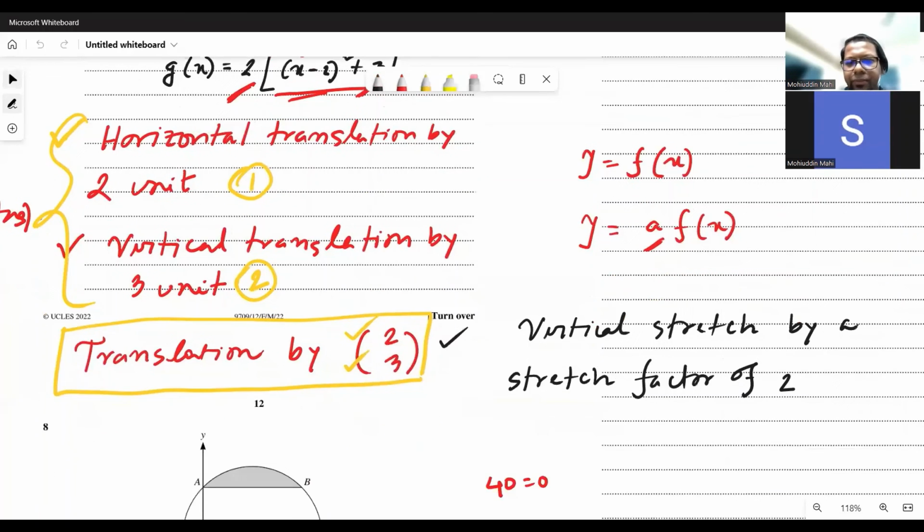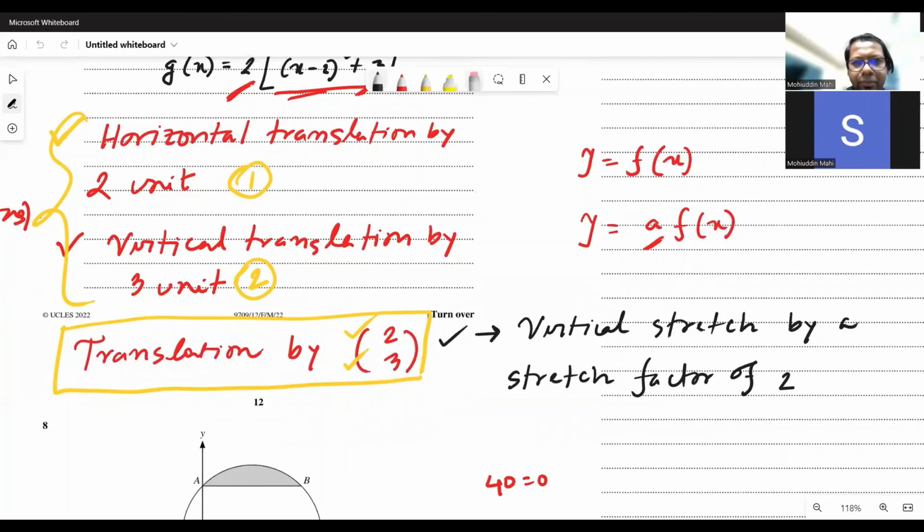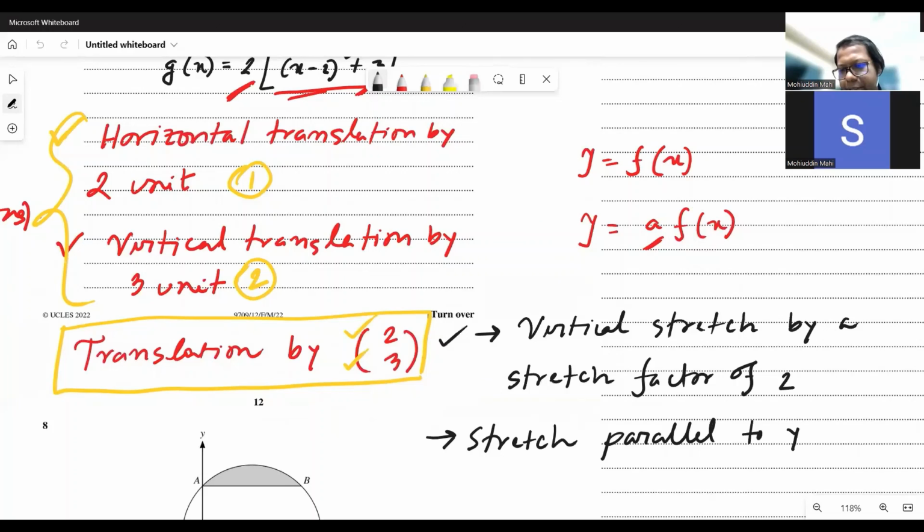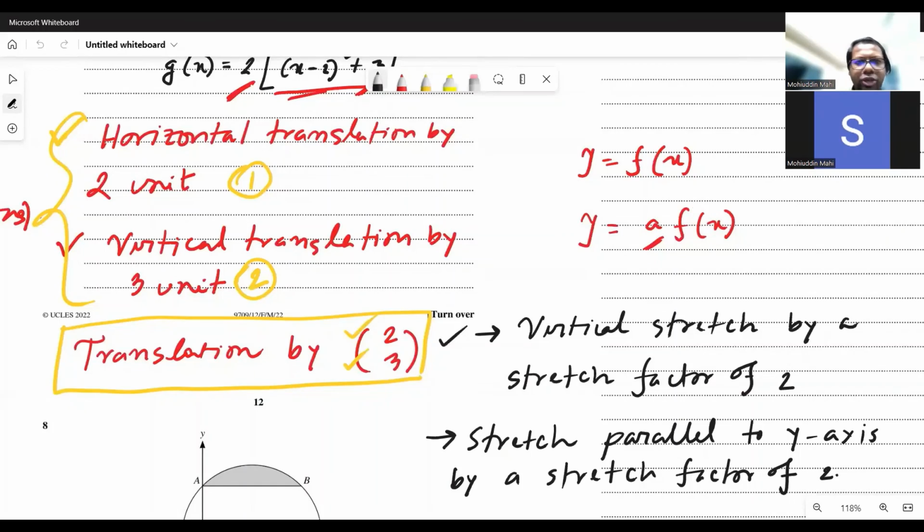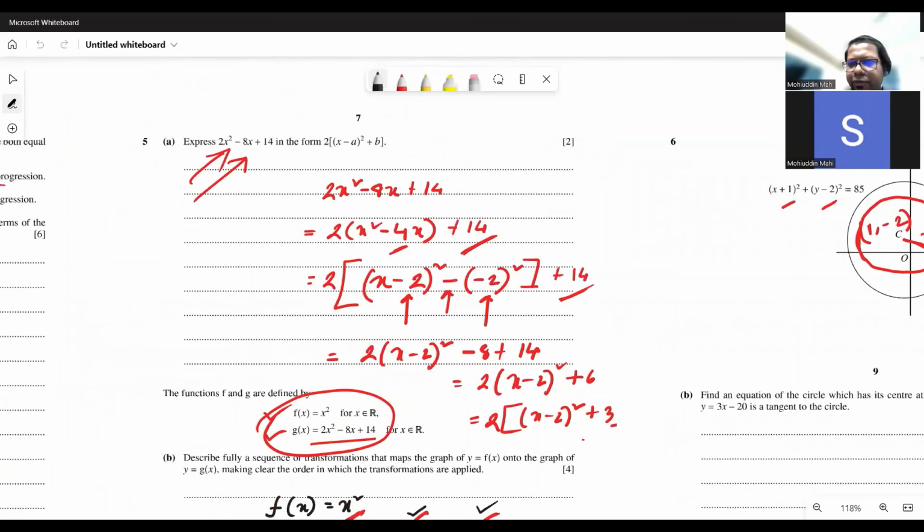Or you can also write down stretch parallel to the y-axis by a stretch factor of 2. So I think you have understood. So we are done with question 5. So let's move on to